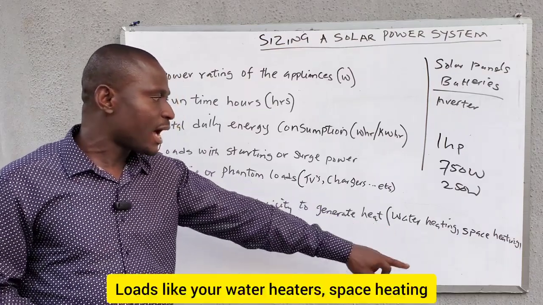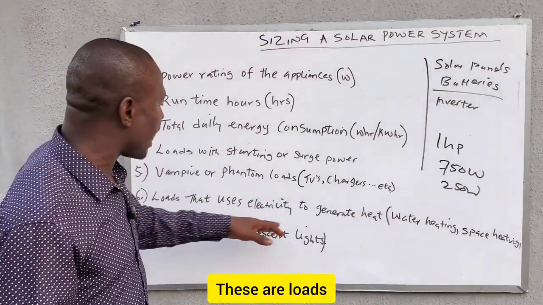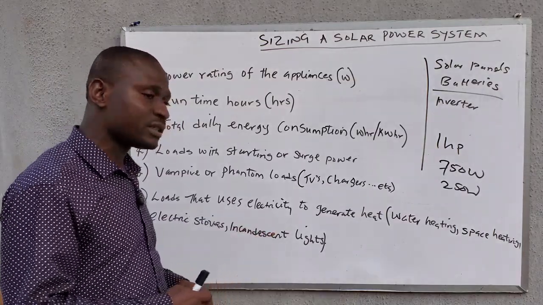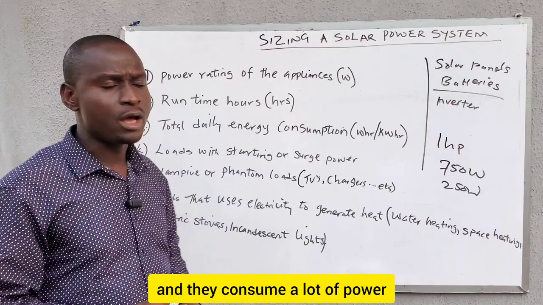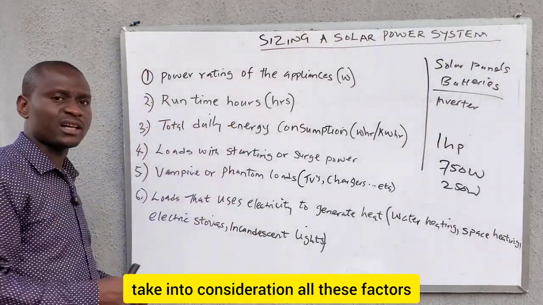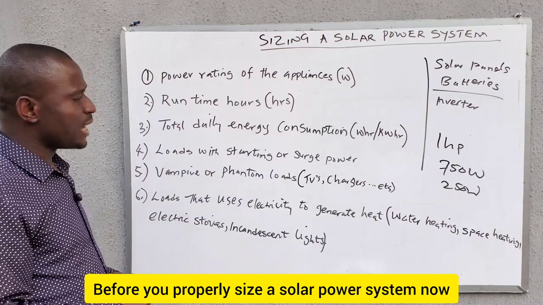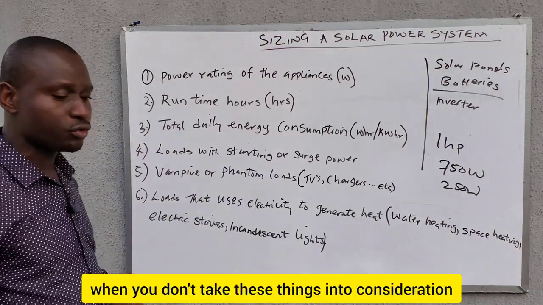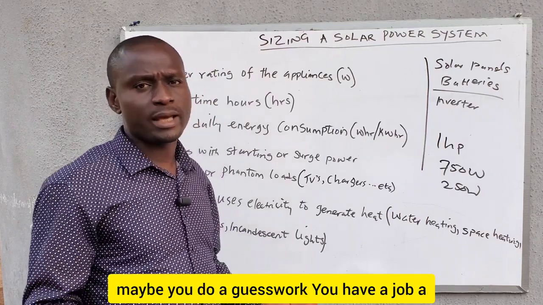Loads like your water heaters, space heating, electric stoves, incandescent lights. These are loads that use electricity to generate heat, and they consume a lot of power. So you need to check all this, take into consideration all these factors before you properly size a solar power system. Now, when you don't take these things into consideration, after sizing the solar system, maybe you do guesswork,